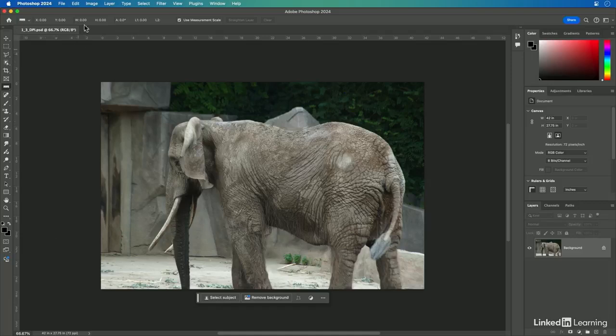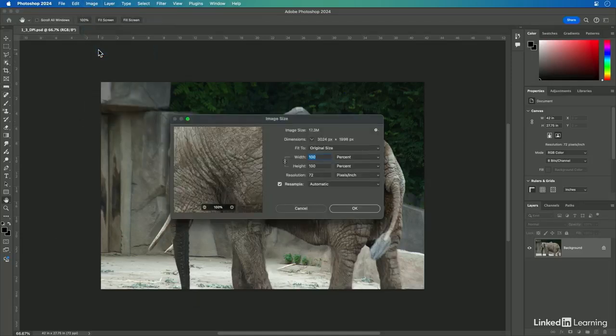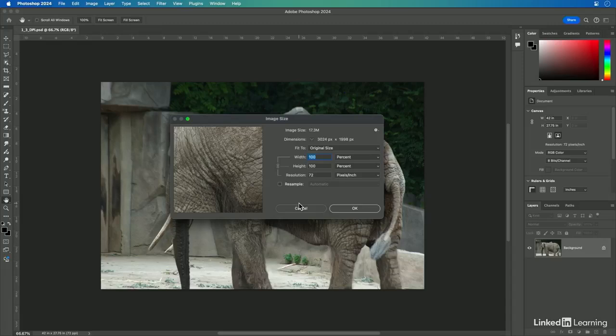item. Under Image, you could choose Image Size, and this allows you to understand what's going on with the particular image. In this case, I'm going to uncheck the Resample option. Resampling is useful when you want to adjust an image and make it smaller or larger. Here, I simply want to change how it's going to print. So in this case, I'm going to set this from 72 pixels per inch to a more common 300 for